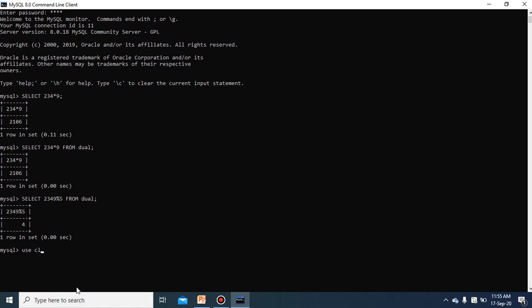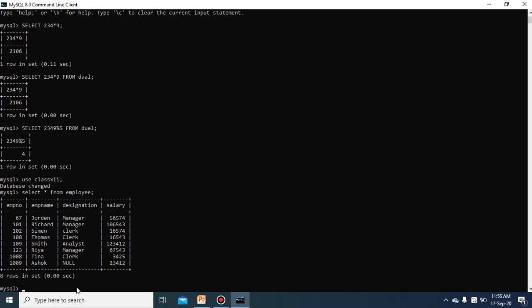Use class 12, yes, correct name. And then you write select asterisk from employee, because you know that this table is already there. So these were the different rows that we created in the last class, and I have added some more records here.